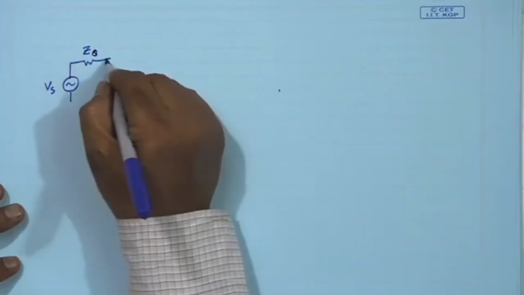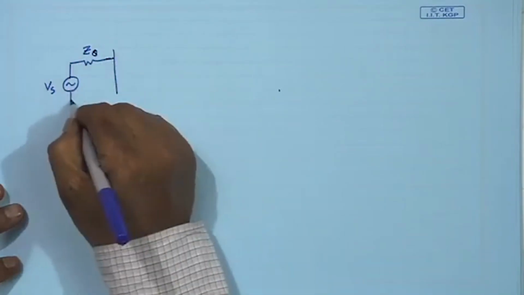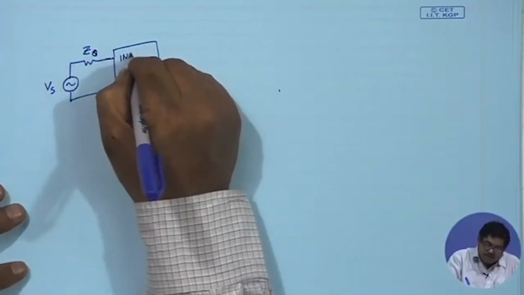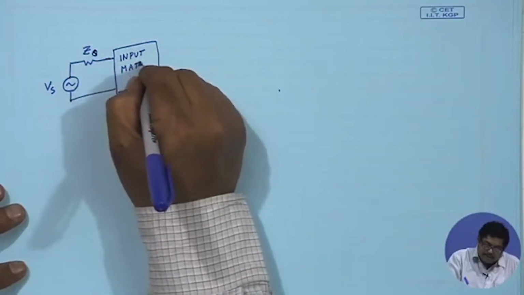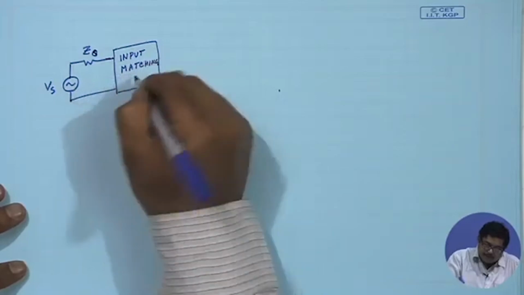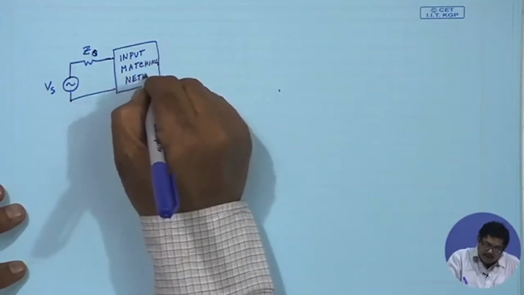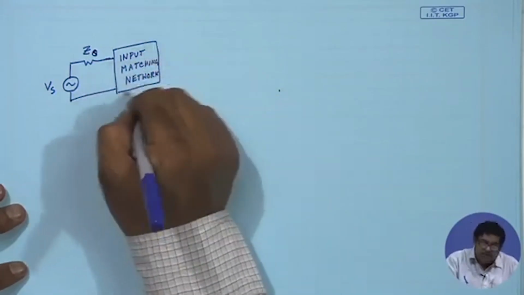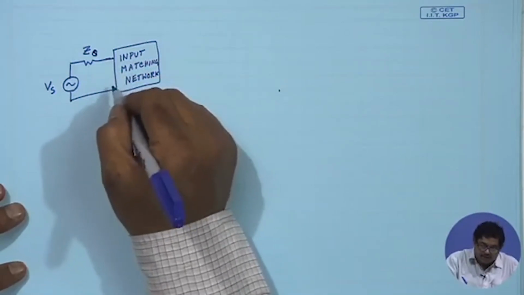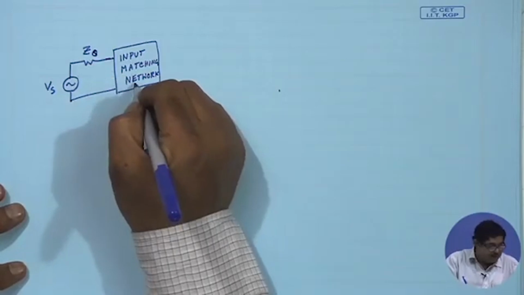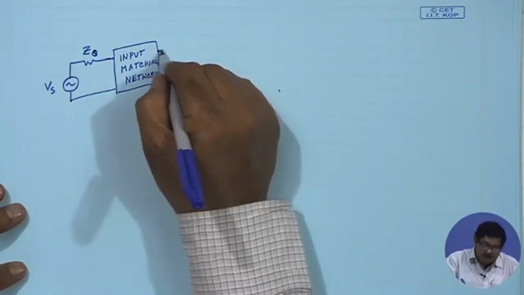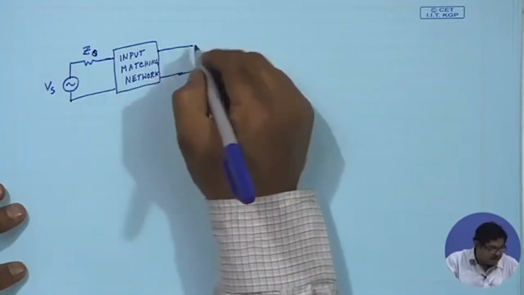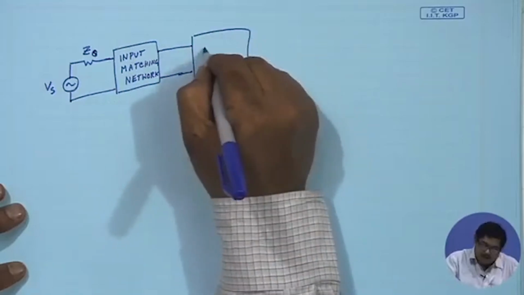an input matching network. So, basically I have a ZS, but with an input matching. Here we will have an input matching network. This will be based on conjugate matching, and then with this input matching network, the job of it is to bring this to an impedance level Z0, and then let us call this, or that I will do later. Now, then I have the transistor